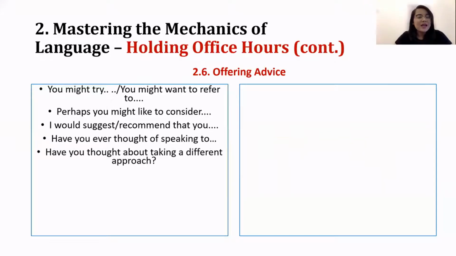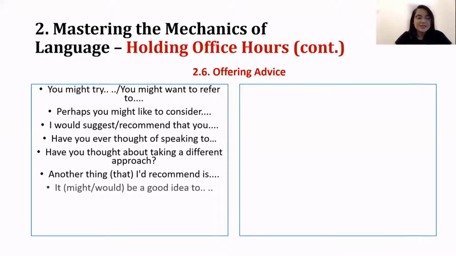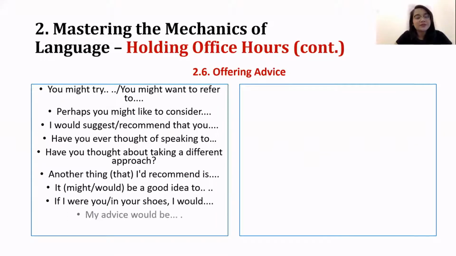Yes. Have you thought about taking a different approach? Another thing that I'd recommend is, yes, it might be a good idea to, if I were you, I would. Good. My advice would be,